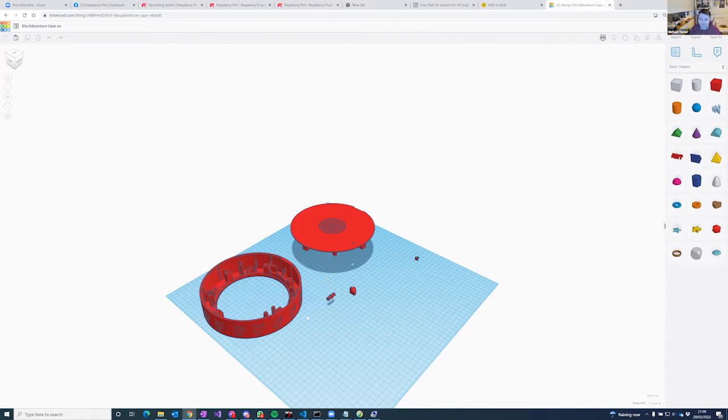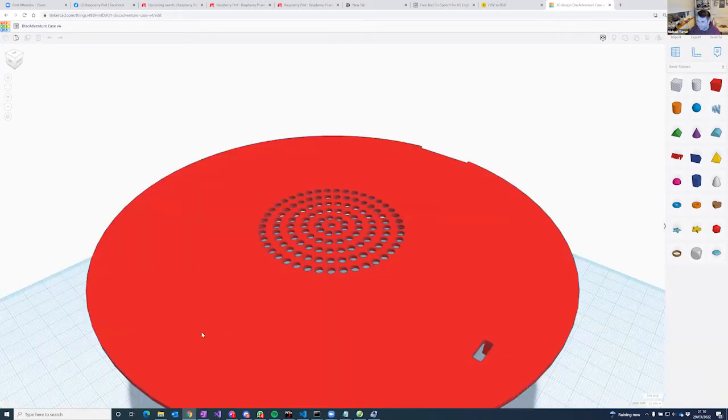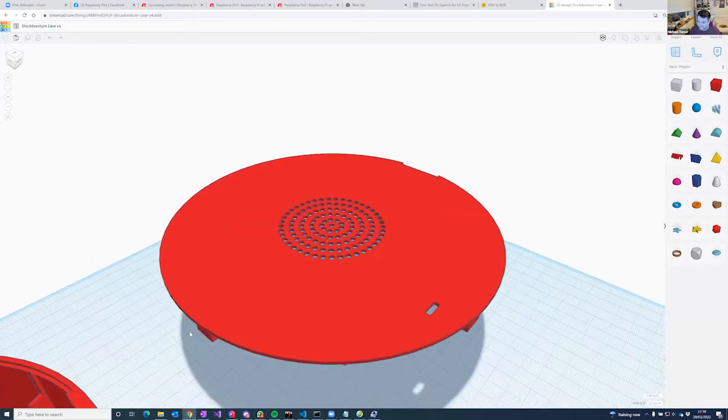if you're going to have 2 bits that connect together, don't make it so that the bit that connects into the other one is easily breakable. Because one of the problems I had was, you spend 6 hours printing a part, and then you manage to break off one tiny little lug, and you've now got a useless part. So what I've done is, if you can see on here,